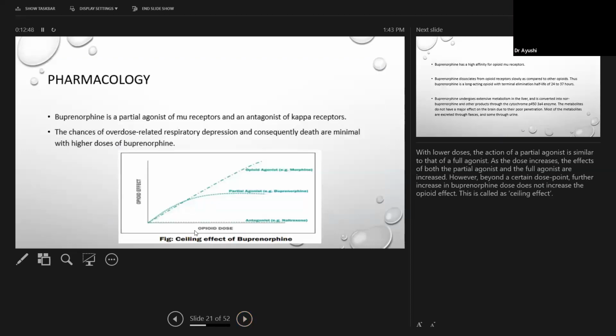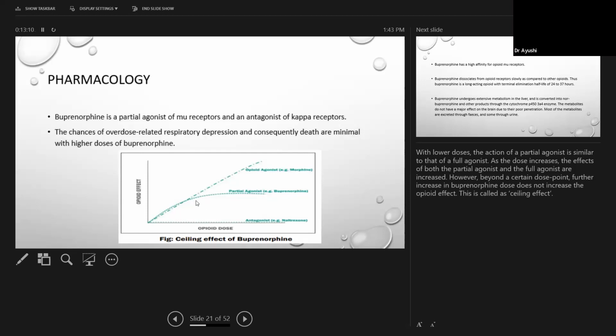Buprenorphine is a partial agonist of the mu receptor and an antagonist of the kappa receptors. With lower doses, the action of the partial agonist is similar to that of a full agonist. As the dose of both the partial agonist and the full agonist, that is morphine, is increased,